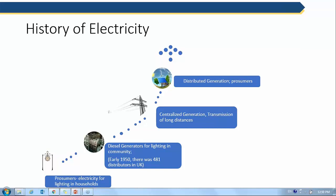Then after the nuclear era came after 1950, around 1970, the concept of centralized generation comes, like thousands of megawatts or even hundreds of megawatts of nuclear generation, which is far from the load center, with generation at one end and consumption at the other end. And in between there are long transmission lines. So this kind of concept has come, and currently, I would say, this current decade 2010 to